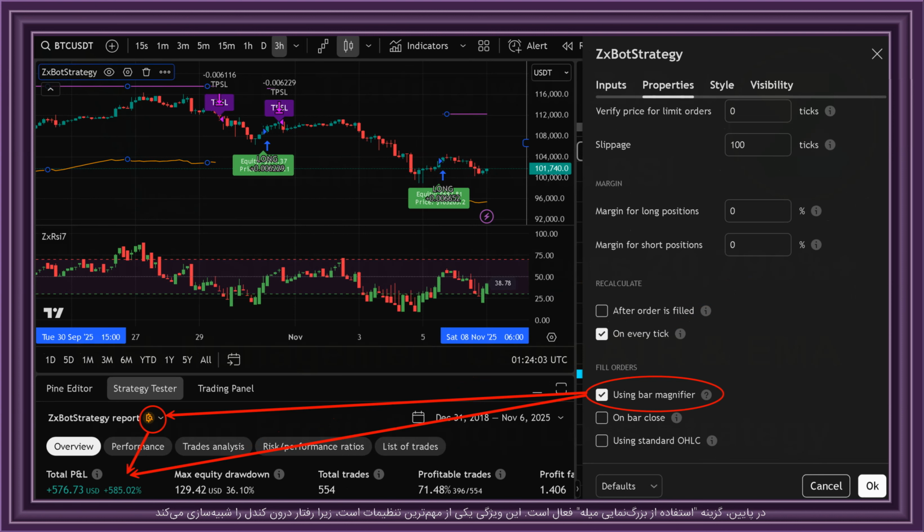Below, the option Using Bar Magnifier is enabled. This feature is one of the most important settings as it simulates intra-bar behavior, such as price fluctuation between open and close. The result is that the strategy performs more accurately, realistically, and closer to live execution. At the bottom of the page, the final backtest results are displayed with high accuracy. Total P&L around plus 576 USD or 585%